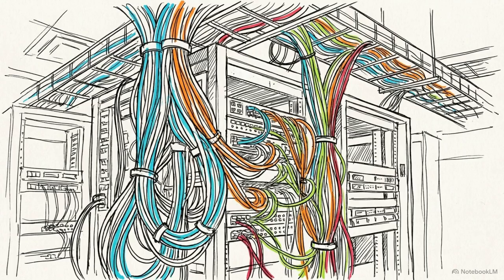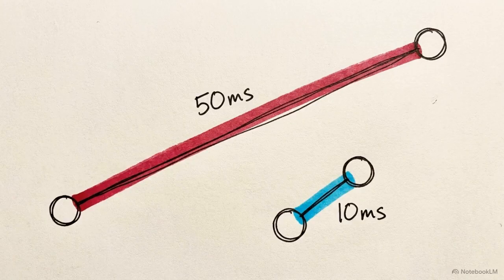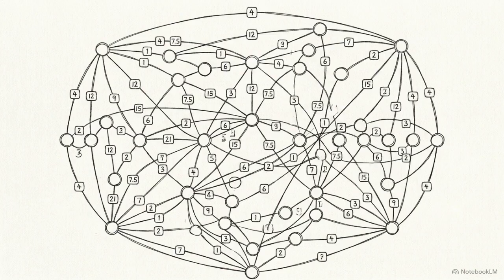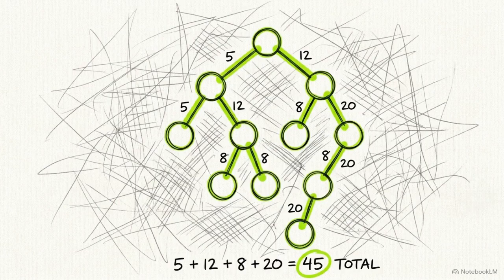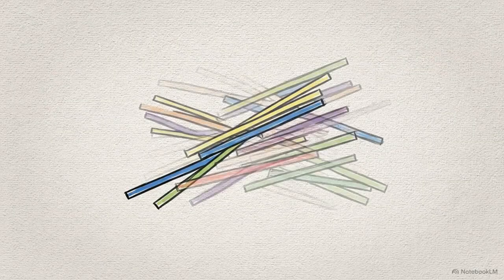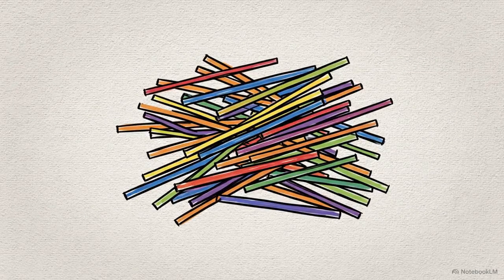In physical networks, connections are rarely equal. Fiber optic cables run different lengths, and server links carry different latency costs. We model these variations as weighted graphs. When engineers need to connect all server racks at the lowest possible cost, they compute a minimum spanning tree. This is a subgraph that retains full connectivity across all nodes, but strips away redundant links to achieve the lowest possible total edge weight. For sparse networks with a limited number of connections, Kruskal's algorithm is the optimal greedy approach